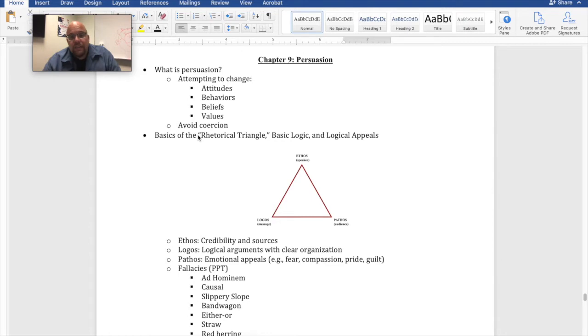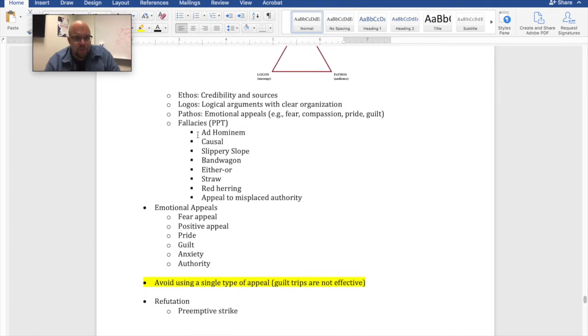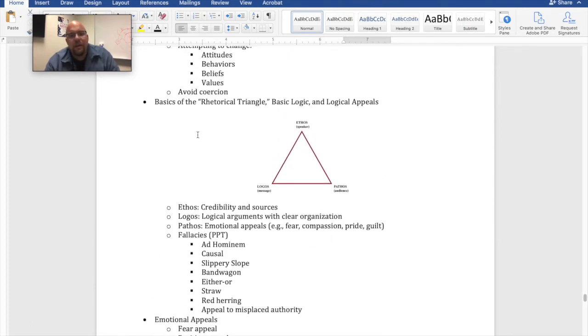Last but certainly not least, especially in 2020, on the rhetorical triangle, we have pathos. And this is a way of appealing to the emotional state of an audience. So there are tons of different appeals when it comes to emotion. We're going to talk about those in just a minute, as you see down there. But when I say that this is very important, especially now in 2020, it seems as though, at least in our country, that the appeal to emotion is really ruling the day for a lot of people.